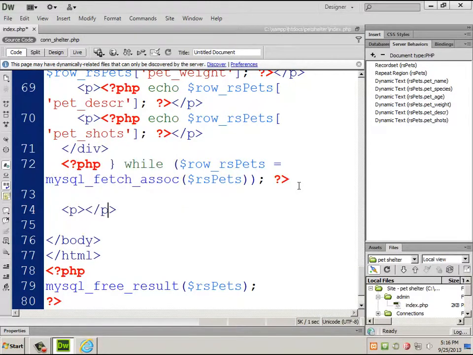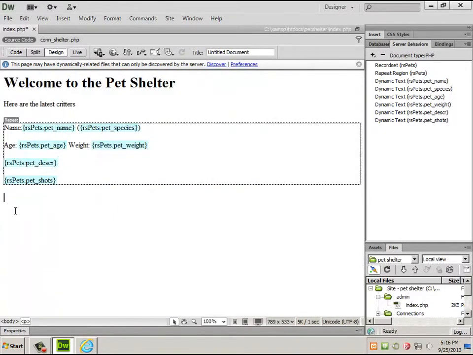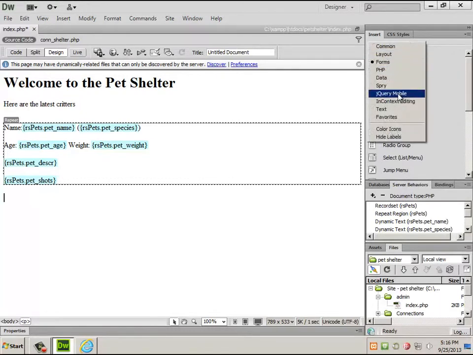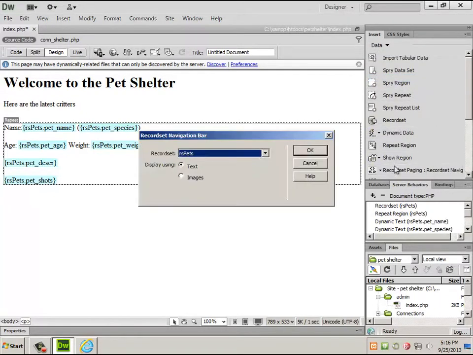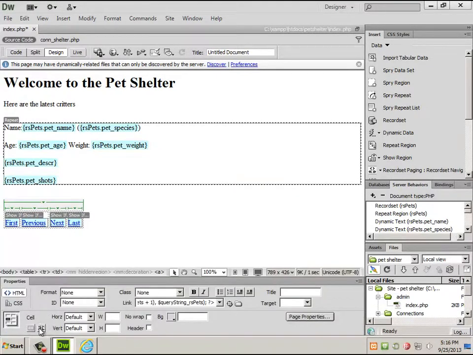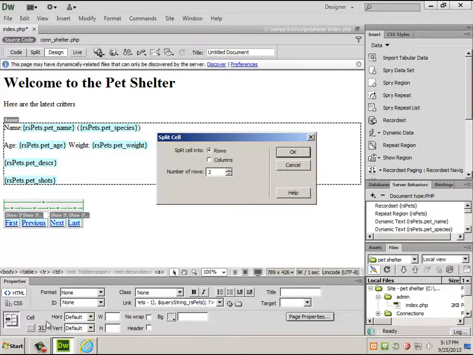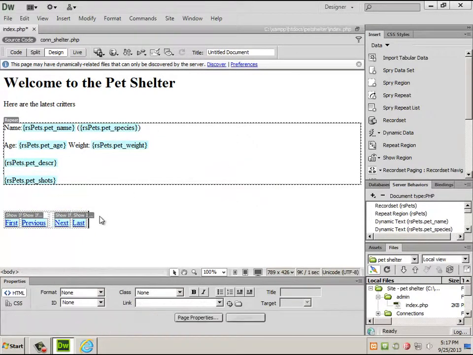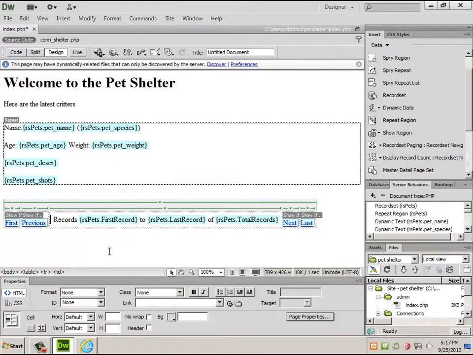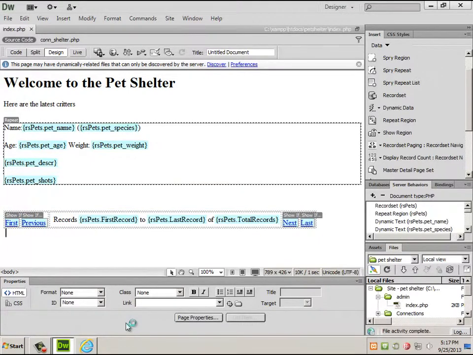Dreamweaver sometimes doesn't let me get down to the next line. When you do this, you should always also have, under Insert, data pagination. So this thing, split that little table into 2 columns and then put display a record count. And what this ends up doing is giving me the nice little,